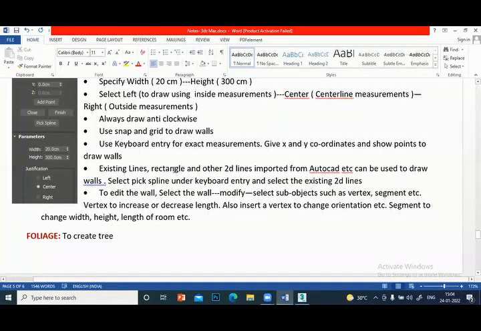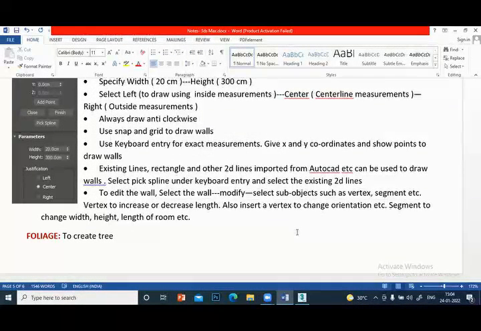Existing lines, rectangle, and other 2D lines imported from AutoCAD, etc., can be used to draw walls.